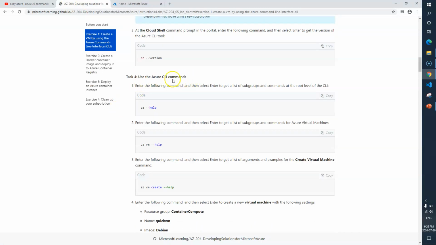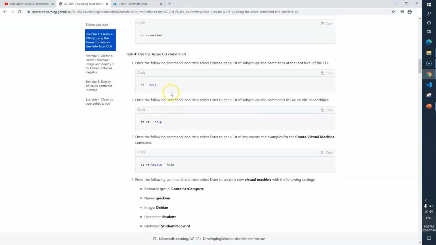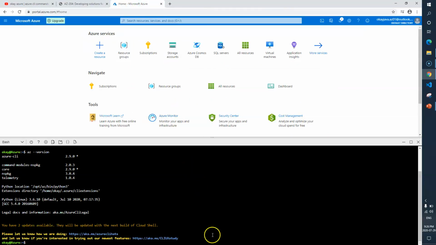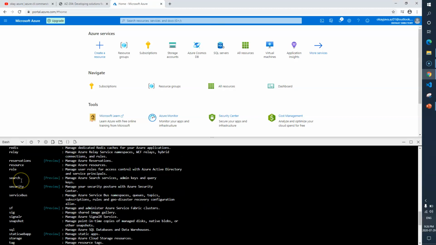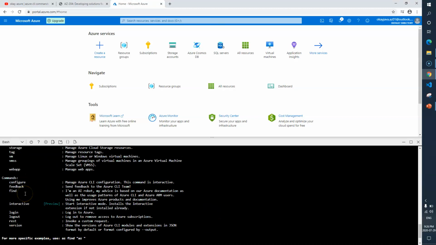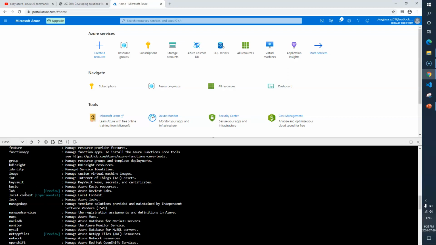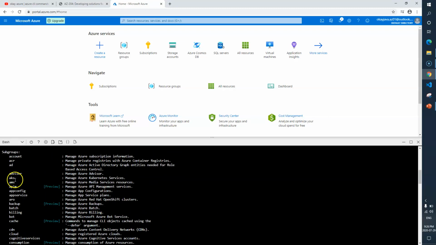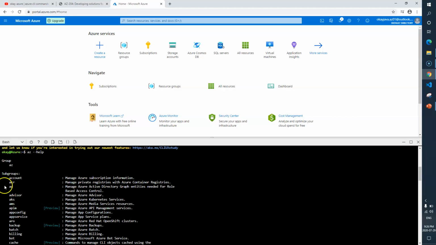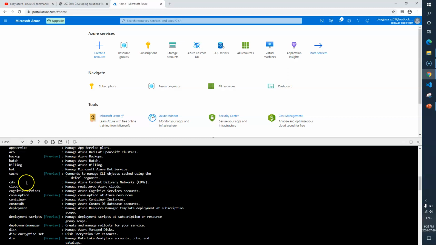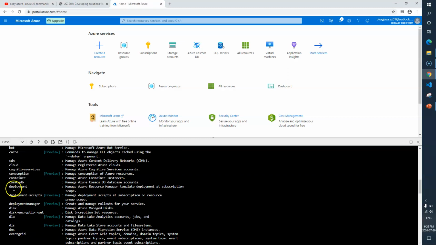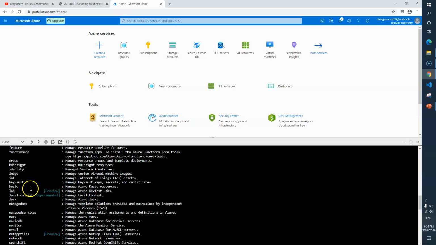Next is to use the Azure CLI help commands. So it says first you go and try az --help. So you will get so many options, right? Here you can find out whatever you can do with the Azure CLI. You can go and create so many things. Under subgroups, you can create account, APIM, batch, billing, cache, container, Cosmos DB, so many things you can do.